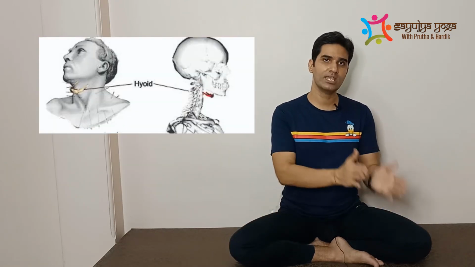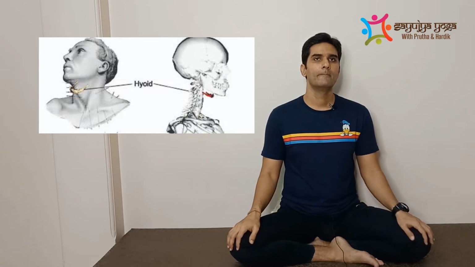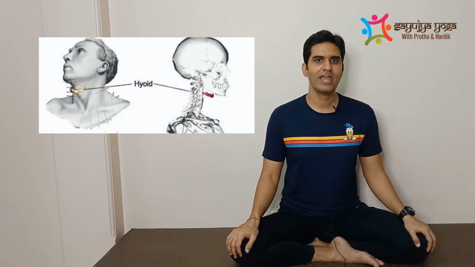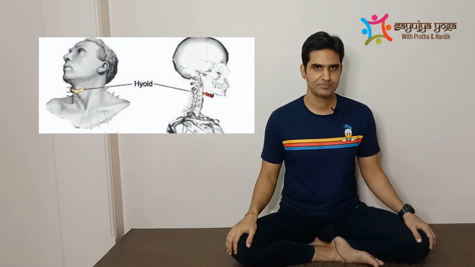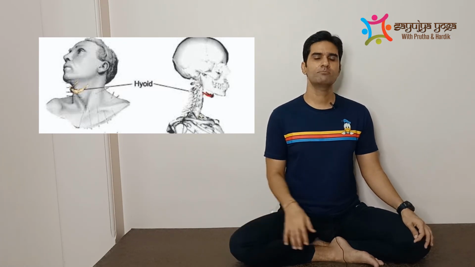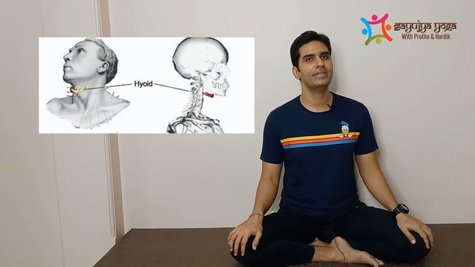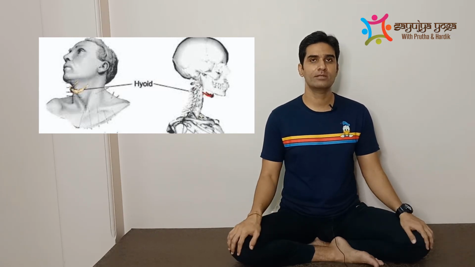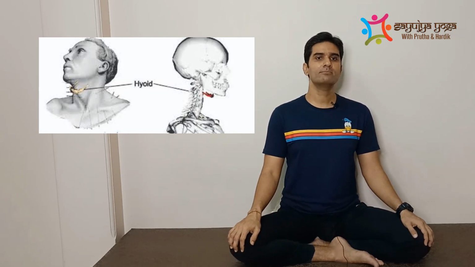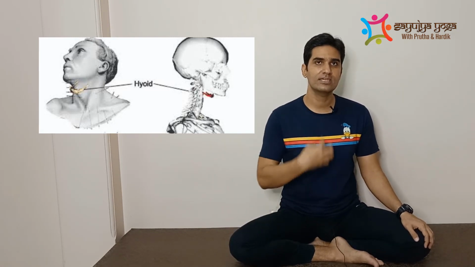Now let's move towards the other bone, which is also part of associated skull bones, the hyoid bone. Finally you also have another bone associated with the skull, the hyoid bone. This bone is shaped like a U and it doesn't attach to any other bones in the skull. Yes friends, it doesn't attach to any other bones in the skull. It is sometimes called the tongue bone because it is attached to the tongue and it assists in swallowing.